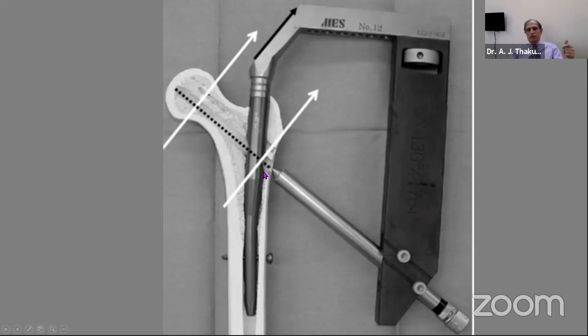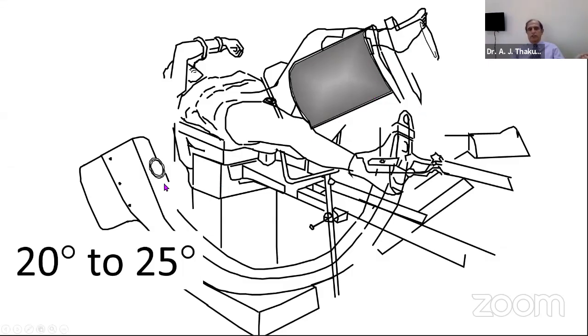And when you come to this stage where you have got things right and you are about to pass the guide wire, you may want to pass it touching the cortex on this side, or you may want it right in the center. So you can adjust this length, and then you are ready to pass the guide wire. Then the new thing starts. So when you come to this, you take a lateral picture, and for that you tilt the machine by 15 to 20 degrees, up to 25. One has to do a trial and error.